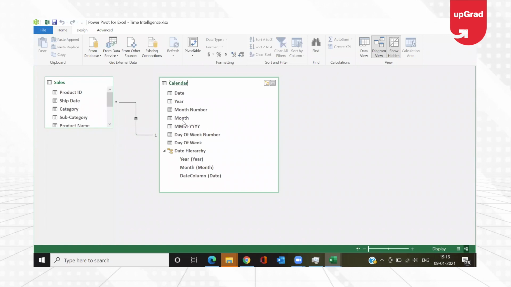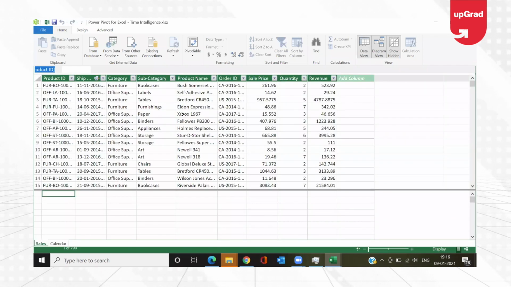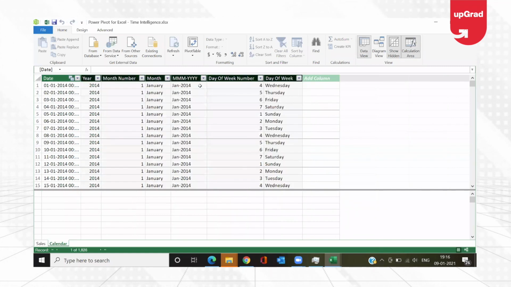Let's look at the data view. If I go on to the calendar, you have the day of the week, you have the month and the year. So you have more information instead of just the grouping of the date. This can be useful when you're performing the time intelligence functions, which we are going to learn in the coming tutorials, where we will see how to identify the amount of sale or the amount of revenue that you have earned year to date.